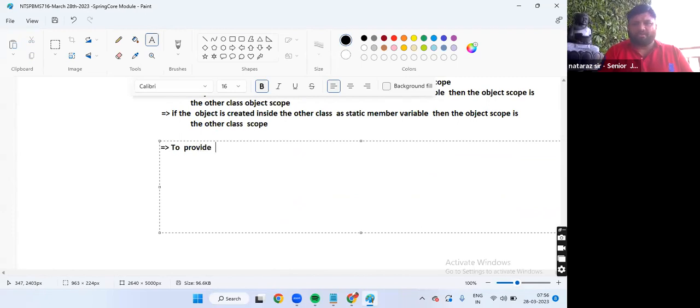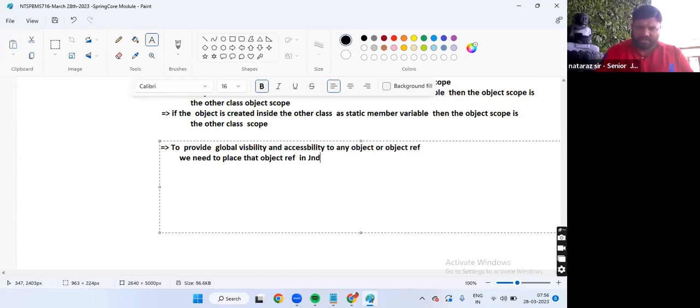To provide global visibility and accessibility to any object or object reference, we need to place that object reference in the JNDI registry software.